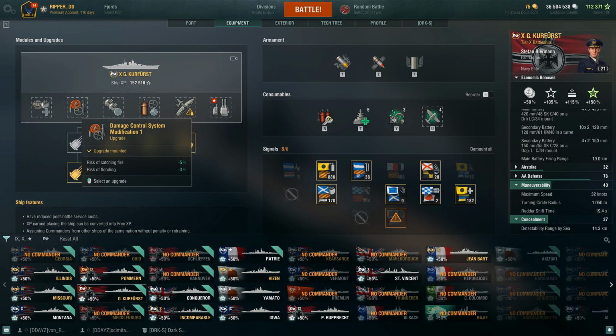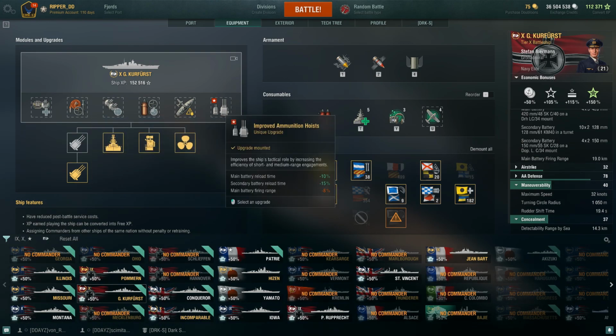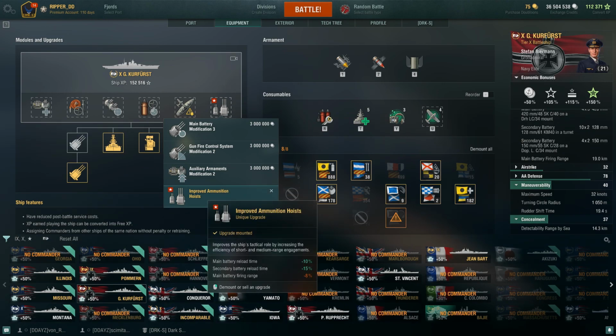Protect secondaries, damage control, reduction time, secondary range. Now, this one, reduce fire flooding. Concealment is a must. Now, this one is a unique perk. Could I have picked secondary armament? Yes, minus 20% on the reload time. But I noticed the reload time on these guns is still 4 seconds. That's still good enough, because what am I getting out of an extra 20%? Well, look at this one. I get main battery reload time of minus 10% with also secondary battery reload time of minus 5%. So, minus 15% for secondaries. I'll sacrifice like 5% for a better 10% reload time, but my main battery fire range is